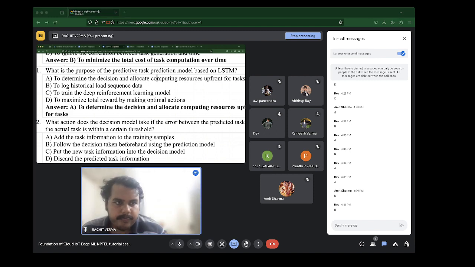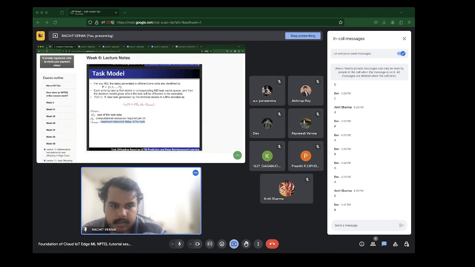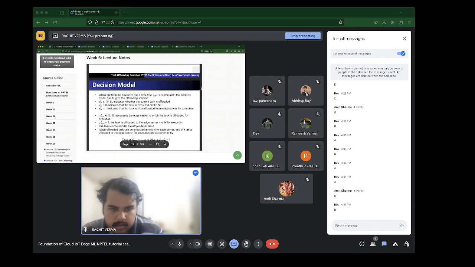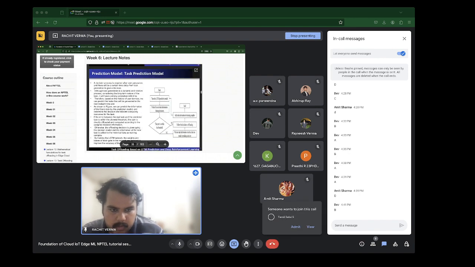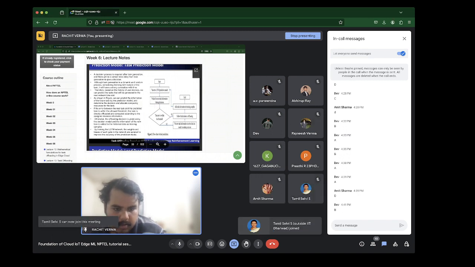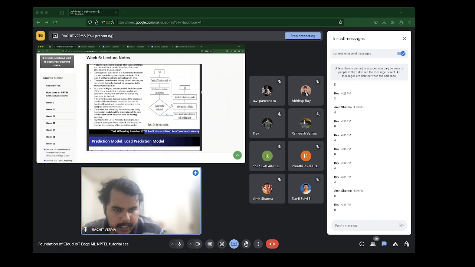So let's take a look at your slides. If the error is within the threshold, then we follow the decision to offload, and then we add the task information to the training samples.